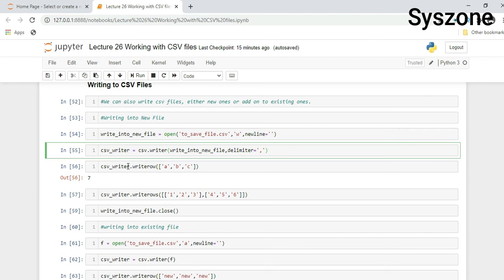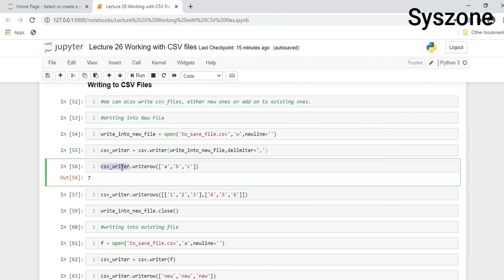Now we will write some value into this file. This is a file where our file is ready to write a value. So this is file dot writerow. Because it is a CSV file, we have to write in a row-wise manner. So writerow is a function. Inside the parenthesis there is a list. In the list we are defining multiple values, so 'A', then comma 'B', then 'C' with single inverted commas because it is a string value.